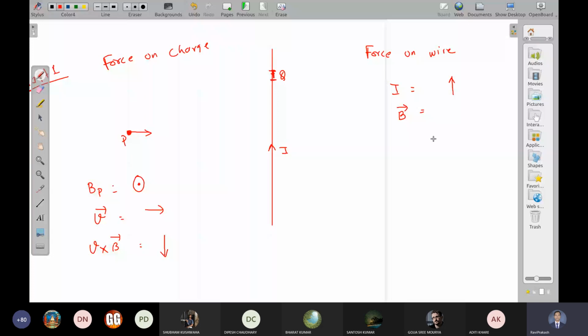It is just a blunt approximation that instead of moving charge, we assume a current wire here. सही assumption तो नहीं है, but we can consider it like this because current is actually a concept of moving charge, continuous moving charges. What is the magnetic field at Q due to this artificial wire? I mean, it is something like this. Of current. What is the direction of force? This is actually B in terms of direction only.